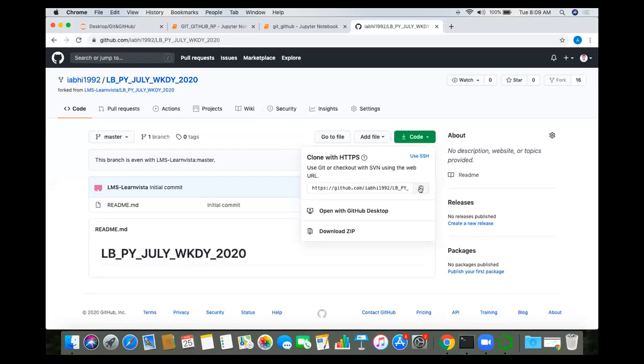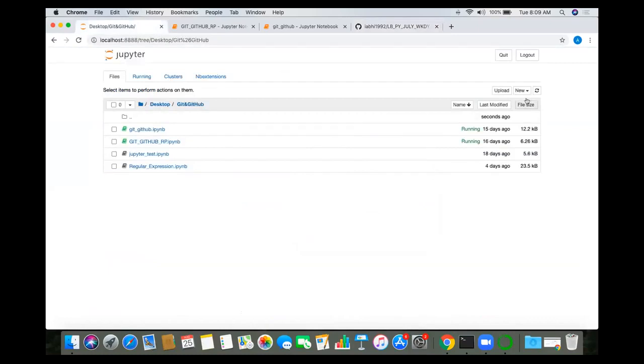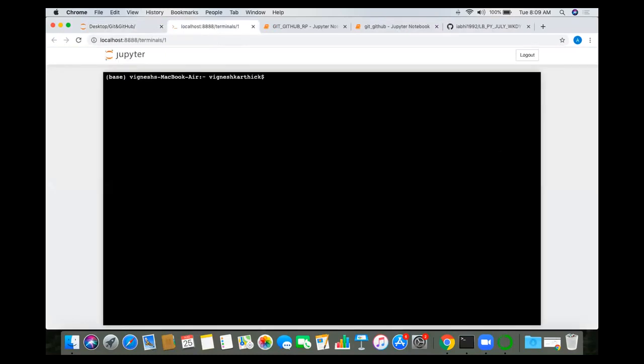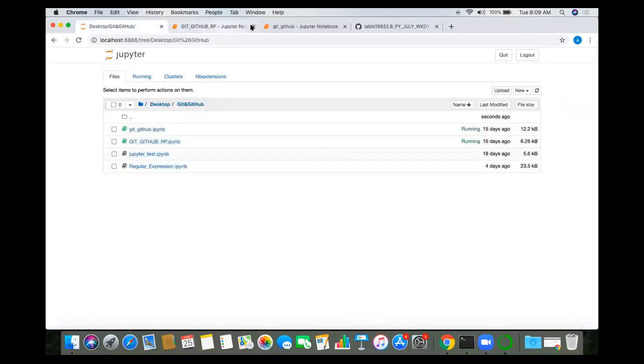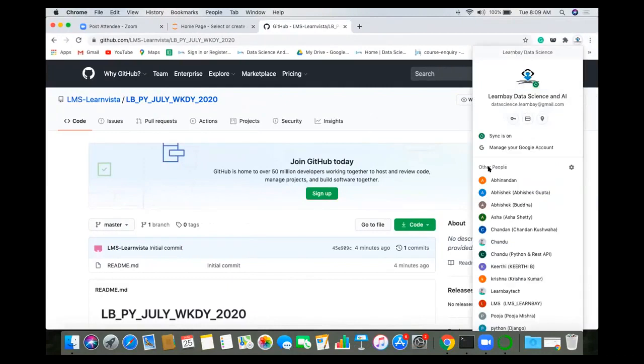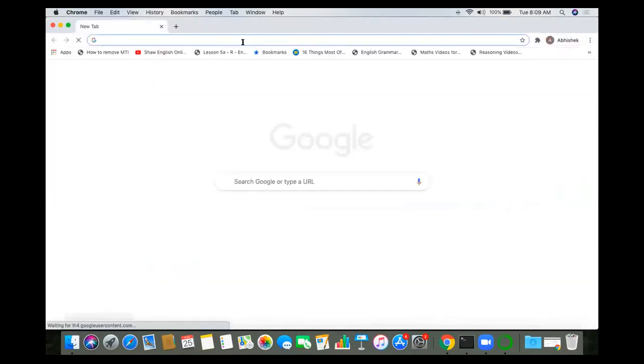Yep. Okay. Now come to those who are on Windows. Those who are on Windows, they will be using Git Bash. Okay. And those who are on other platforms like Linux, Unix, or Mac, they can come here on this desktop. Here you can go to New and click on Terminal. Okay. Click on this terminal. Fine. Is it done, everyone? Yes, sir. Yes, done.